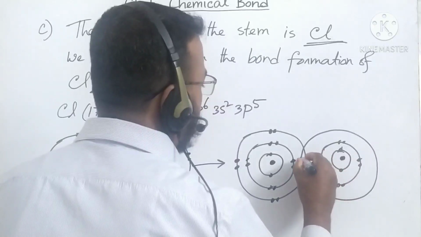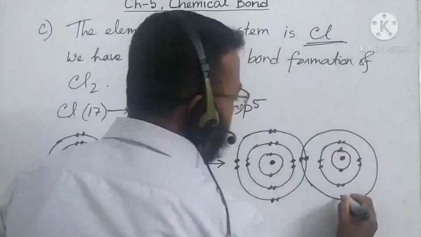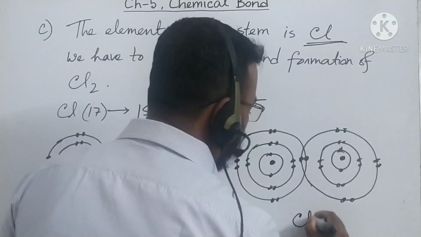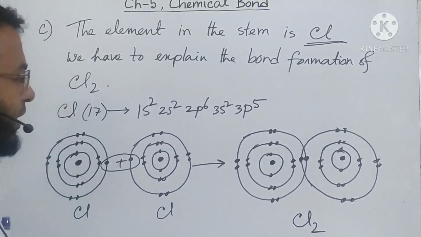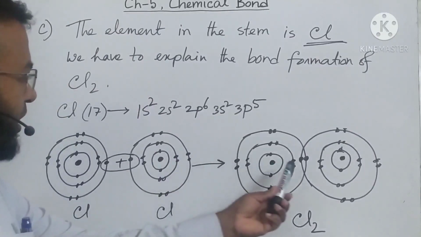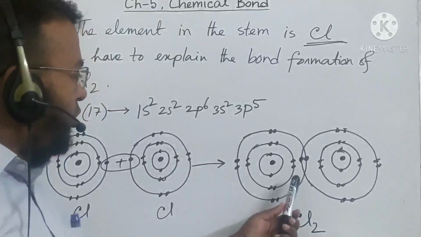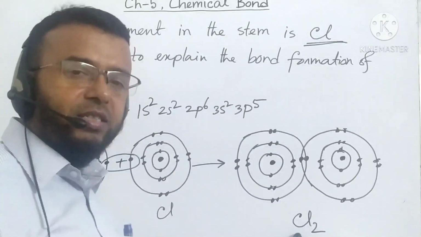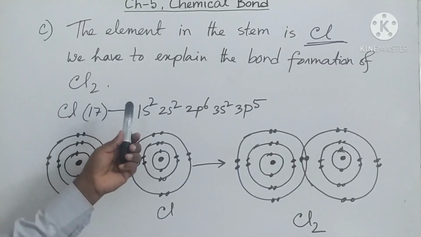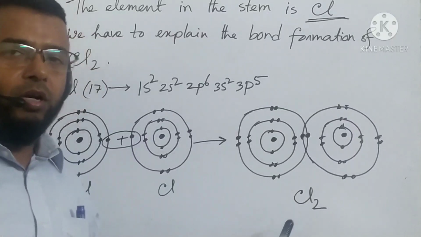Third energy level. So this is another chlorine, two single atoms. And this is 2 electrons, 2 electrons, 2 electrons. So this is Cl2. Okay, now in this case the two chlorine atoms share the electron and form a bond, that is a covalent bond, and the molecule is formed, that is Cl2. Okay, see that. So how is the Cl2 molecule formed? By covalent bond, and for this reason it is a covalent molecule.